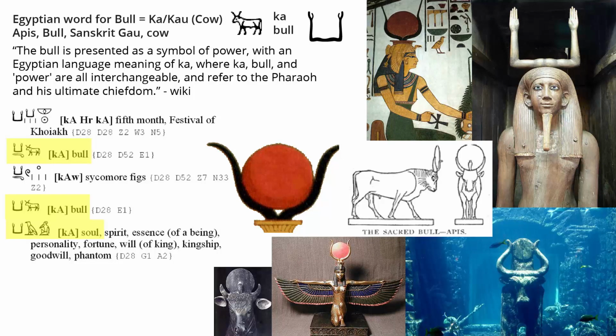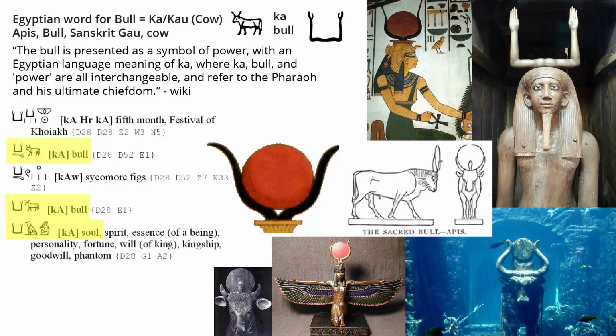And here's a little clip of different ka uses. So there's the ka as the bull. With again, you have another big symbol for power and fertility was the penis itself. So the first highlighted in yellow is the ka symbol with the penis, and then the bull determinative. So it's saying ka, it's representing the ka, the bull, as a symbol of power and fertility and strength and